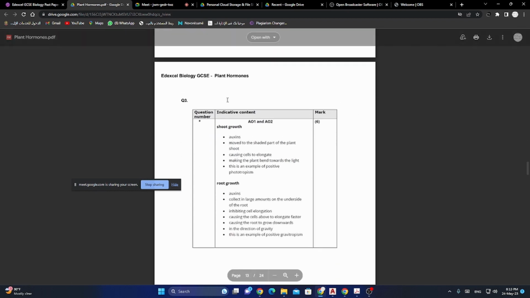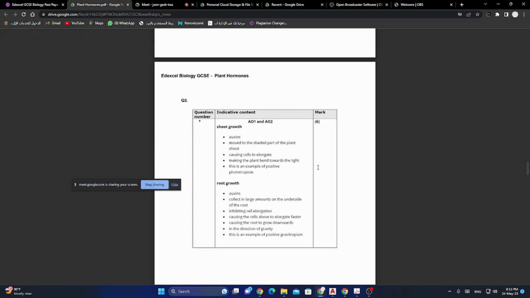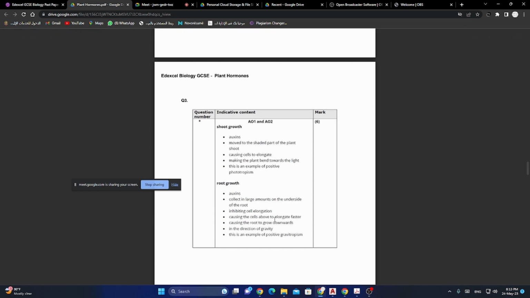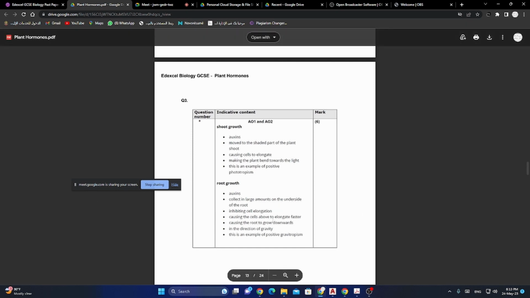Auxins move to the shaded part, cause cells to elongate, making it bend. Example of positive phototropism. Auxins collect in large amounts on the underside of the root, inhibiting cell elongation, causing the cells above to elongate faster, causing